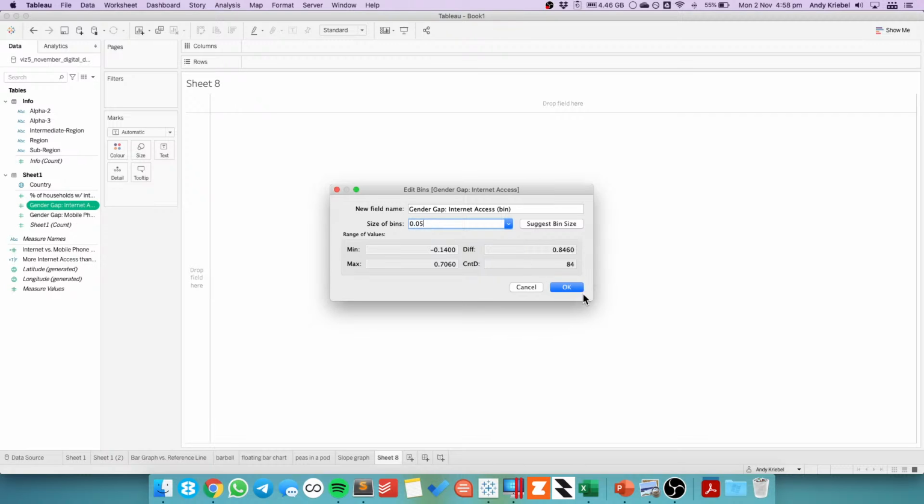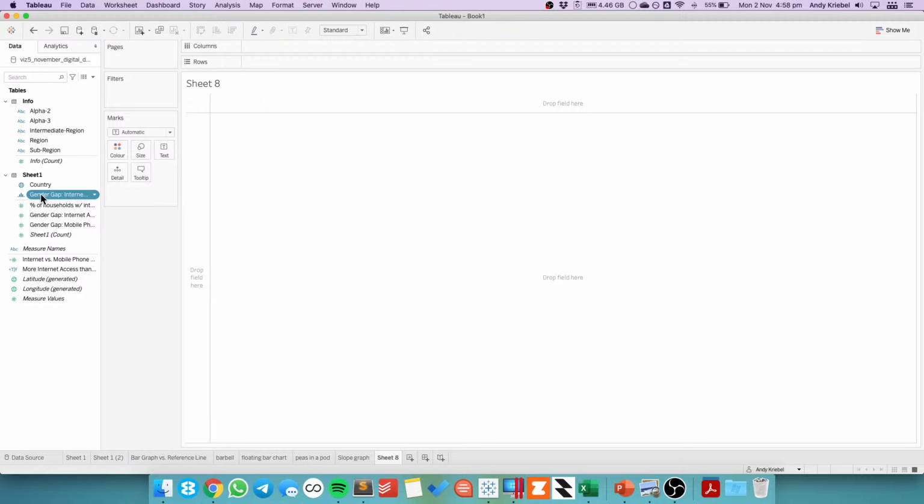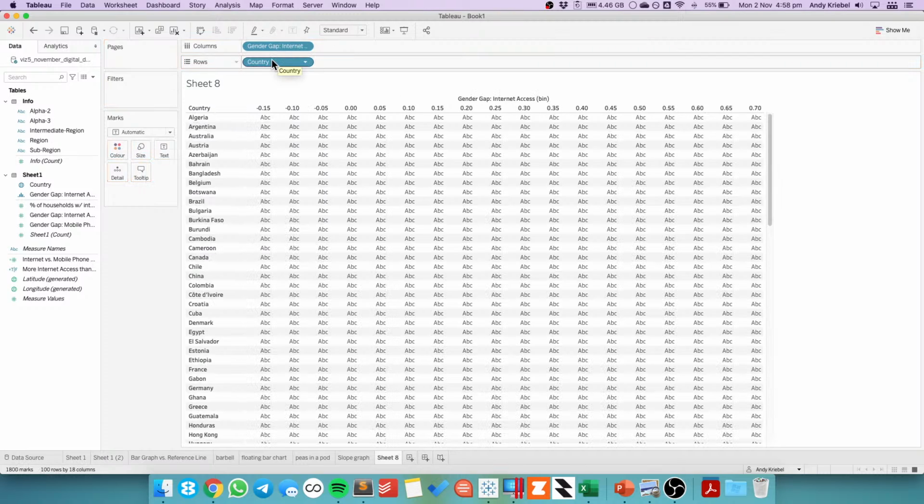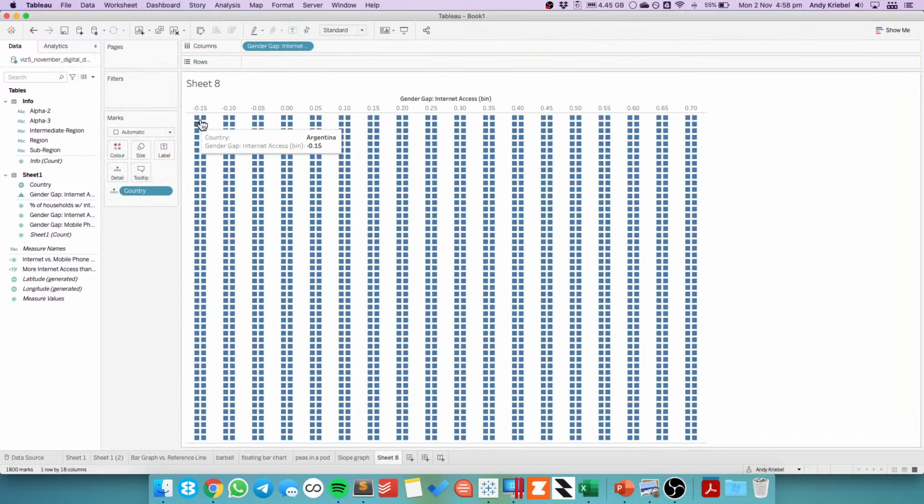Let's just start with every 5%. Put that onto the rows, and if I put country on the rows, or sorry, no, country on detail, I'll get a dot for each one of these. So that's not,